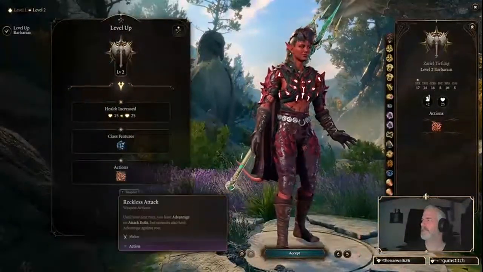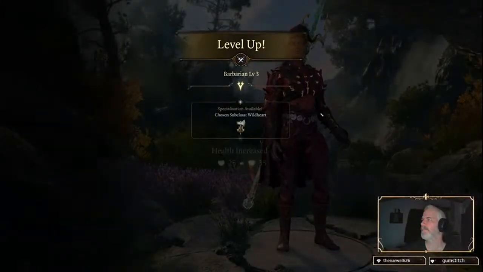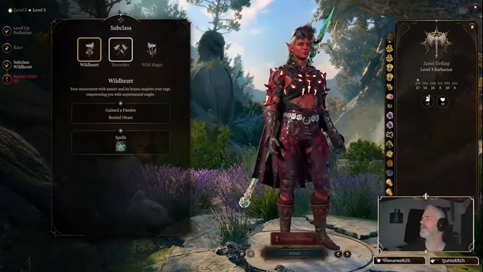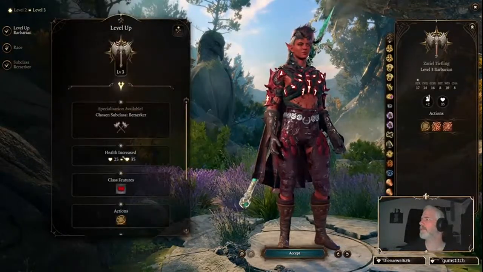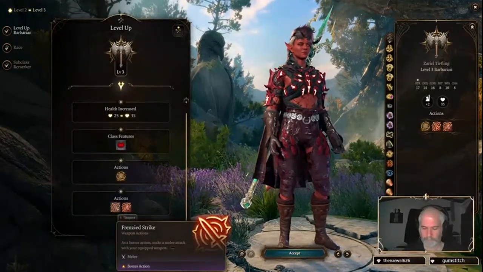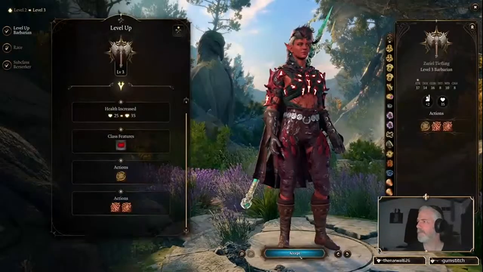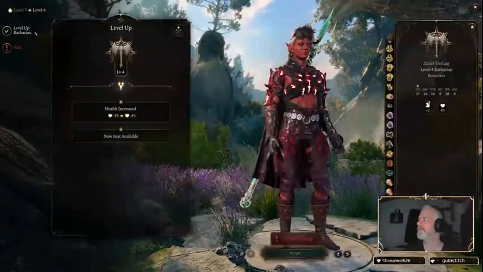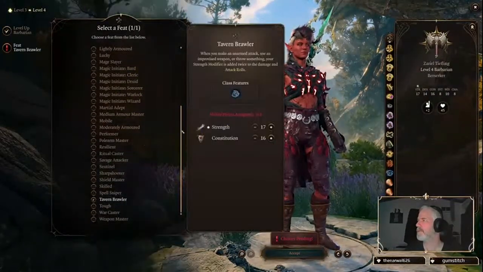Right, so we get Danger Sense and Reckless. Beautiful. We don't want Wild Heart. Thank you, though. Subclass, we want to go Berserker. I got my Legacy of Thingamy. Right. Yep, accept. Alright, level 4. We get our feat, which is where we want to immediately grab Tavern Brawler, increase our strength,